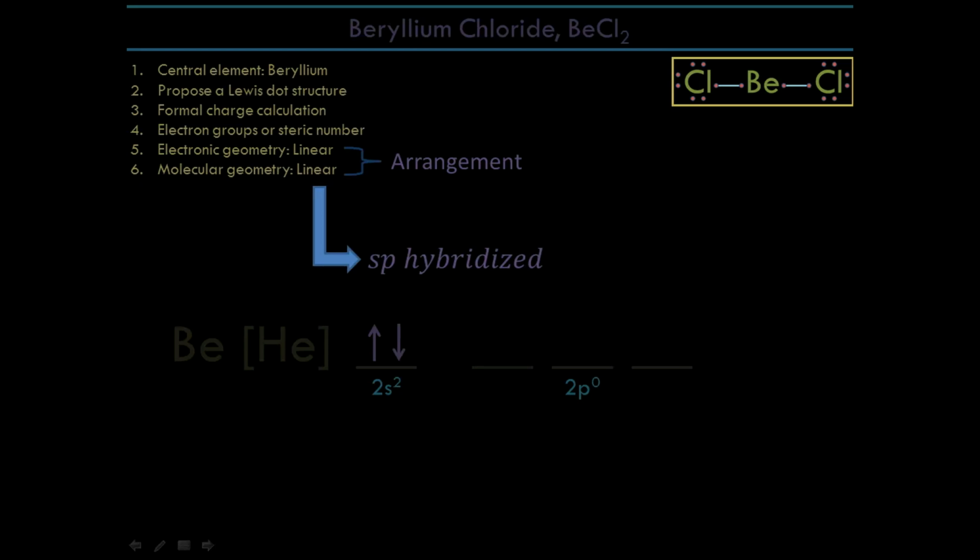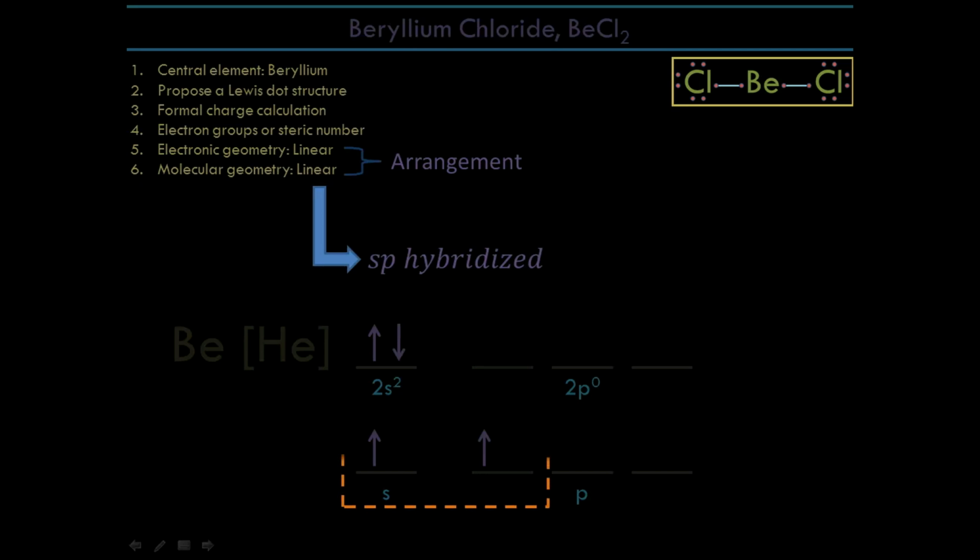So this is about the central atom. Sp hybridized means that in order to accommodate bonding with these two chlorine atoms, it has to use one s orbital and then one p orbital. So that means this electron will jump here in order to have two half-filled orbitals,